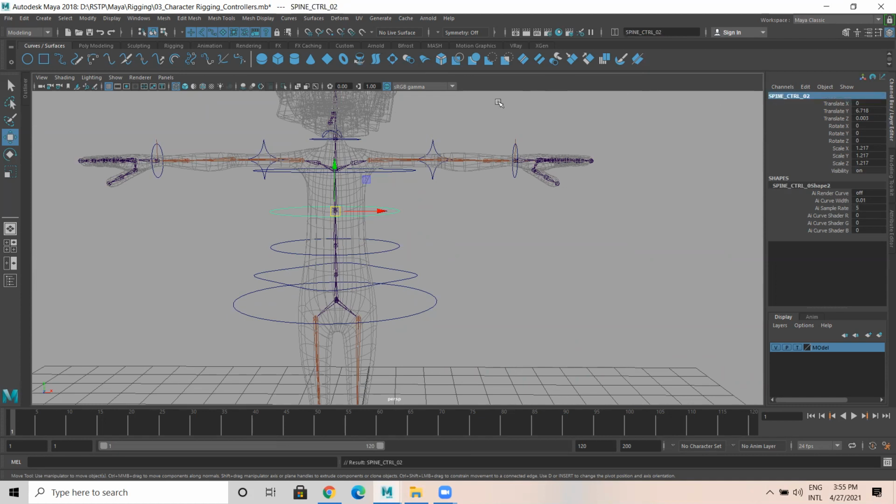Spine controller 2. This is the chest controller. And on top of that is the neck controller.